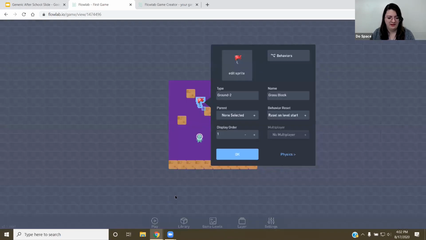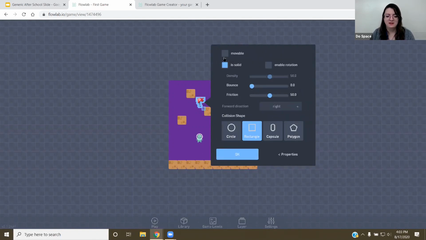I'm just gonna click OK. I have a new behavior. There's behavior windows. I'm not going to go into that. There's physics. You can make things solid, movable. So if you remember earlier in our tutorial, for some strange reason, we did movable first, then the character. So you want to make it movable, got to have that selected. If you don't want things to go through it, got to make it solid.